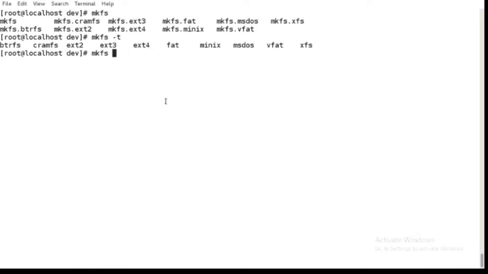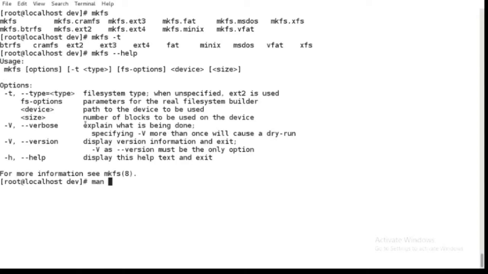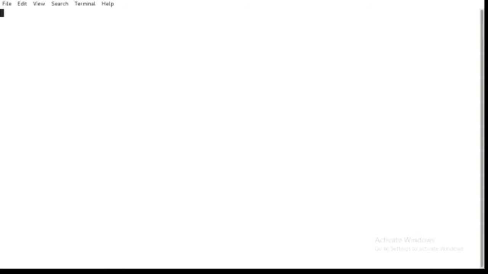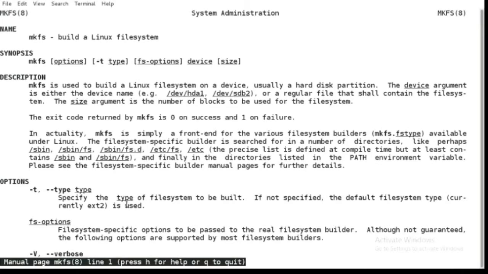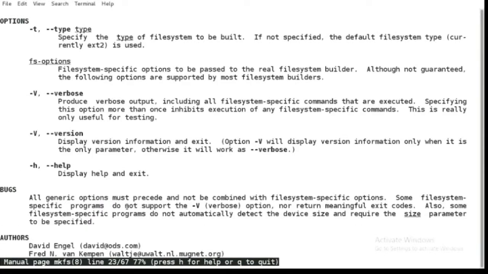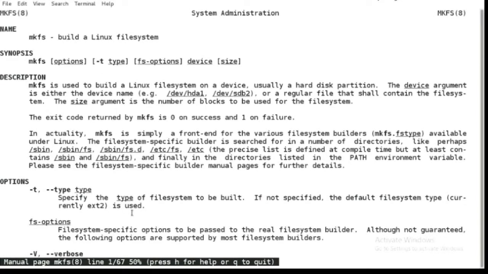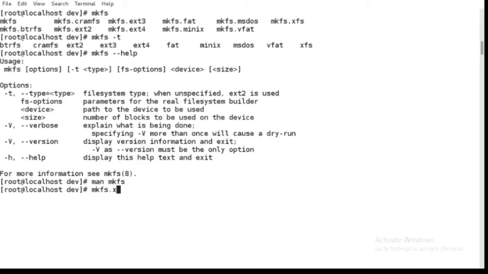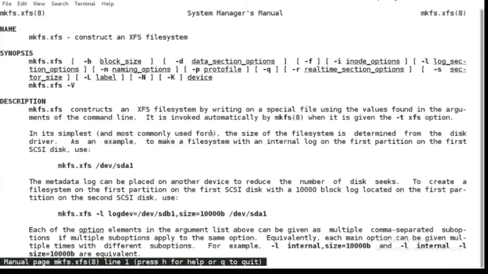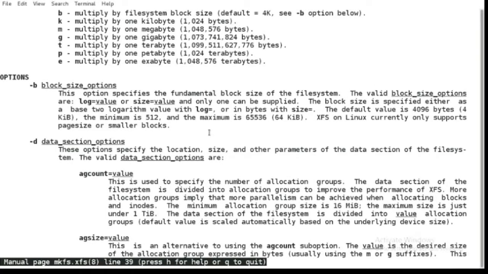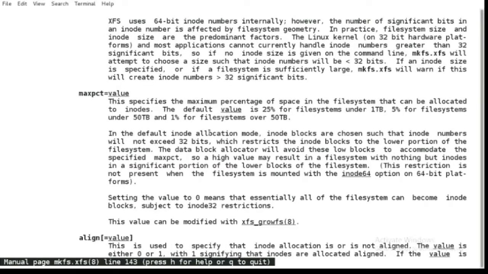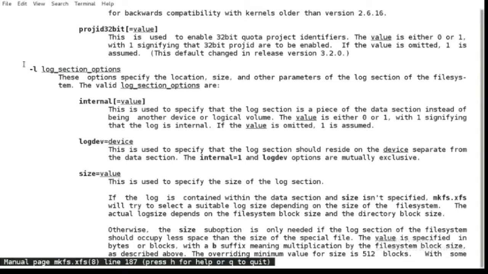So what I will do? Just go to the mkfs help. Okay, that is not here. Man page of mkfs. I think that option will come here. So mkfs, I'm going to create xfs. Then we'll see the mkfs.xfs man page. Here, for giving the label, any option will be there. There are so many options. There is something called inode, all those things we'll discuss. You can see here